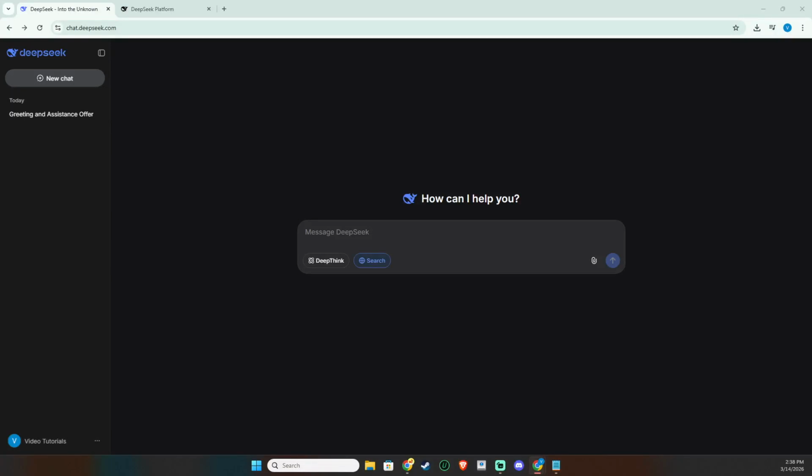In today's video, I'm going to teach you how to get a DeepSeek API key. By the end, you'll have your key ready and safely stored so you can start integrating DeepSeek into your apps or tools with confidence. First, open your browser and go to